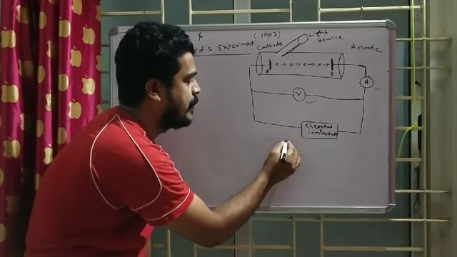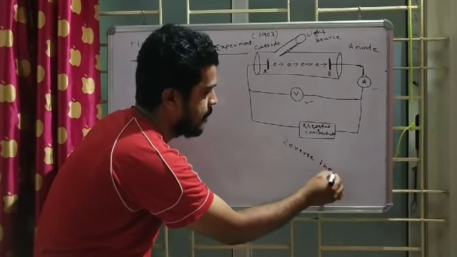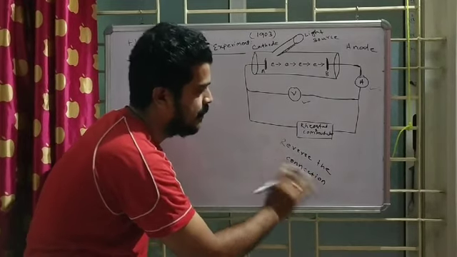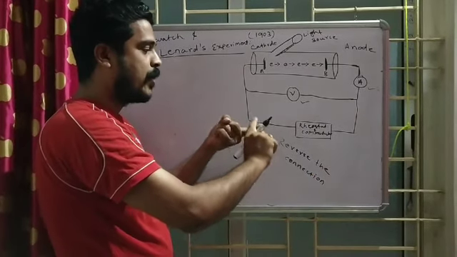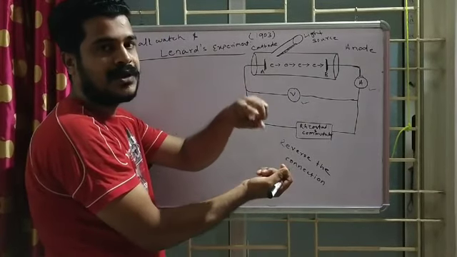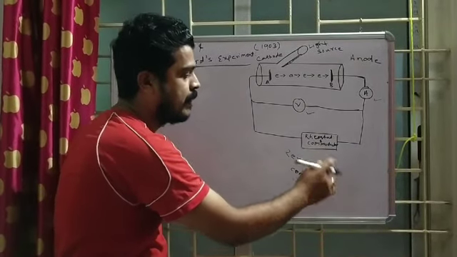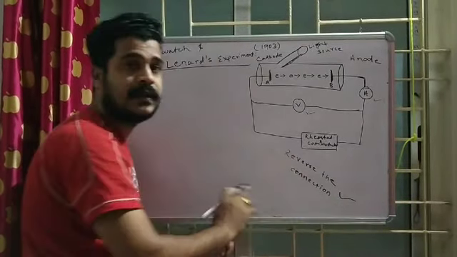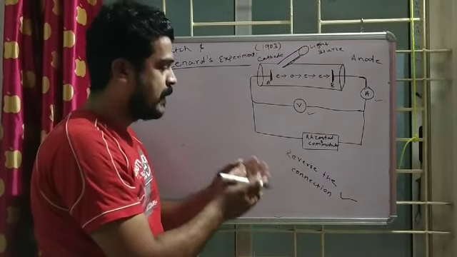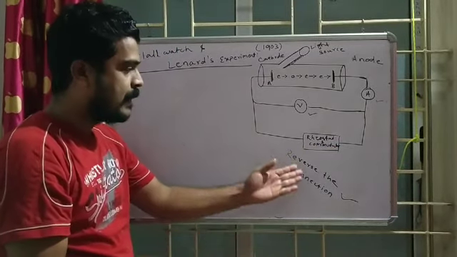A commutator will reverse the connection. That means a cross connection will happen. It will turn like this: positive, negative. Then the next time the positive will be negative, and the negative will be positive. I have just written commutator here. It does this function, reverse the connection. It is required in the setup, and you don't need to bother about detail about the commutator and rheostat. You can write it like this and write the functions.